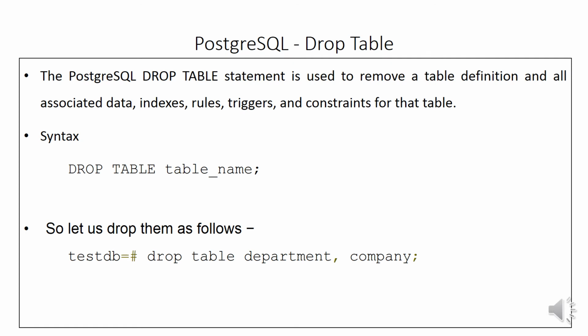Next, if we create a table, we also have to drop it if we require. That will be dropped by using DROP TABLE table name. Here we simply write DROP TABLE company. Company is the table we already created in the database, so that will be dropped from that specific PostgreSQL database. The DROP TABLE statement is used to remove the table definition and all associated data, indexes, rules, triggers, and constraints for that table. Means when we define the table, we have to define their constraints, data types,